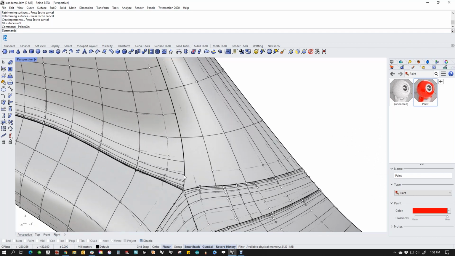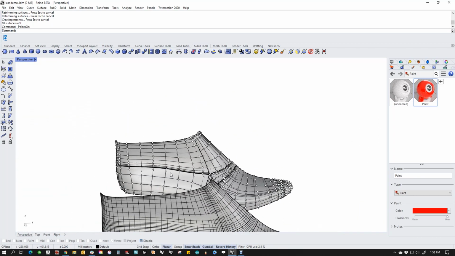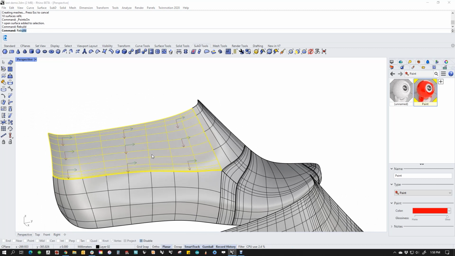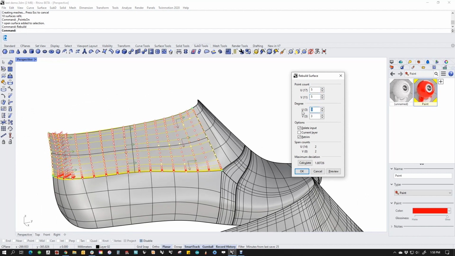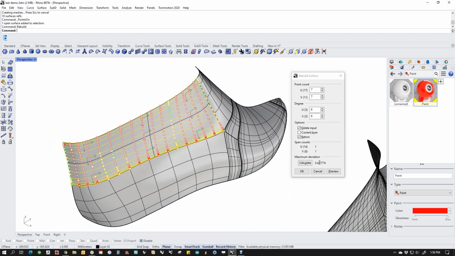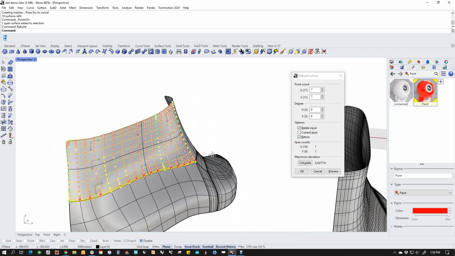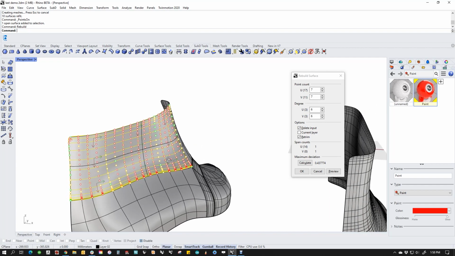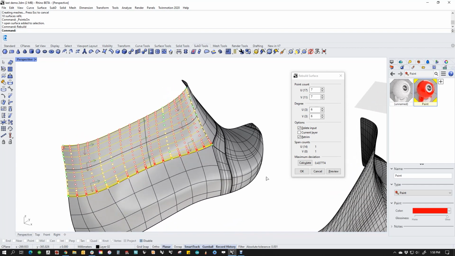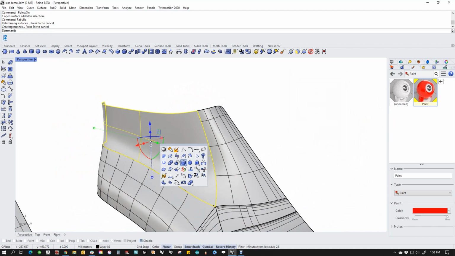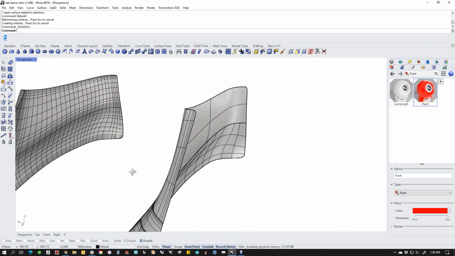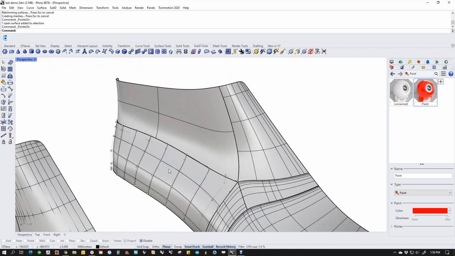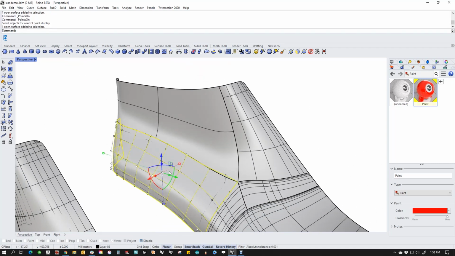Now, we may have to do a little bit of matching to get this stuff to work, but we could also even go in here and rebuild this surface. If we wanted to do something like, and do this as single span, we could actually end up getting this down to the point. Now we've got a fairly large deviation here, so that may or may not be enough, but let's say it was. Okay, we can end up with essentially single span surfaces with super organized points that we could then mess with, right? And if I were to do this on all of them, and if I were to rebuild these all the same,